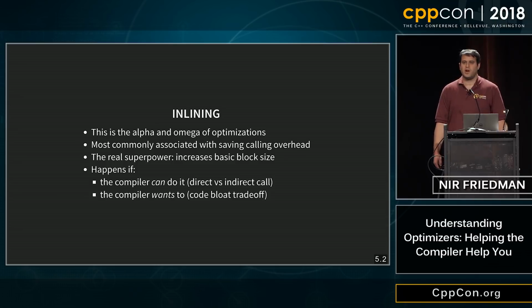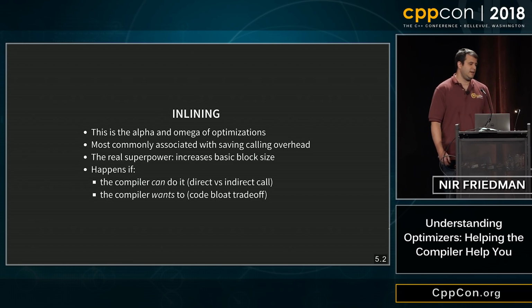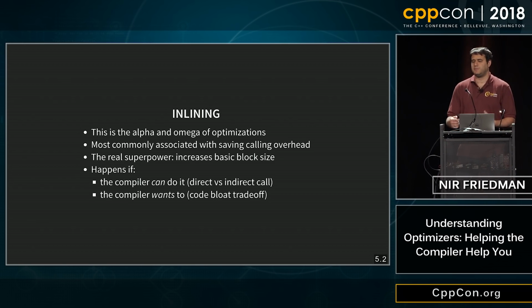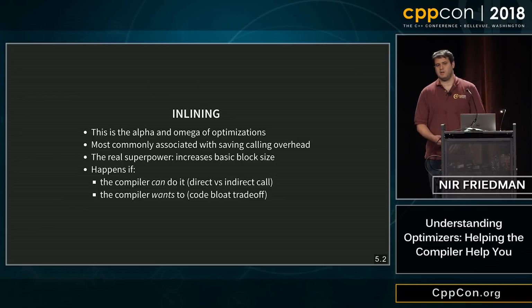There are two cases where it's pretty safe to assume the compiler will inline something. Can anyone think of what those two cases are? If the function's only called once, then there's no code bloat cost. There are still some things to consider, like if the function has to be exposed in the symbol table, like if it's not static or if it's not a lambda, it may still need to generate a body. But oftentimes, if a function is only called once, it's going to inline. You see this a lot with lambdas. And second example?